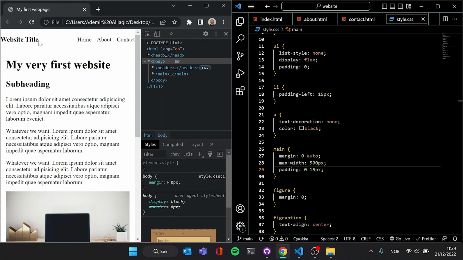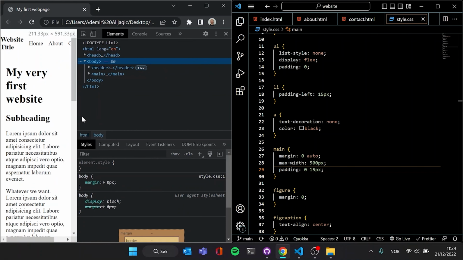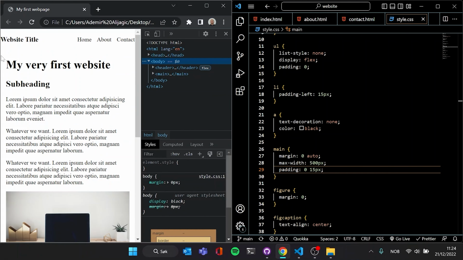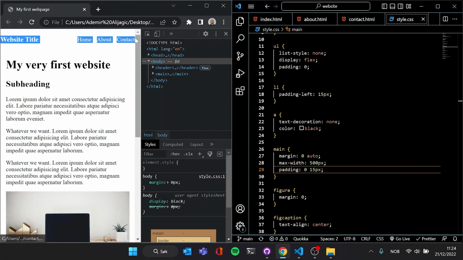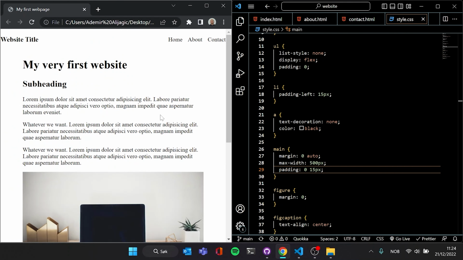Doesn't that look a whole lot better? If we ignore the navigation for a second, that looks a bit better, doesn't it? So now I'm controlling the margin of the rest of the page separately from the margin of the navigation, which is going to come in handy. So if we look at the page now in full screen,